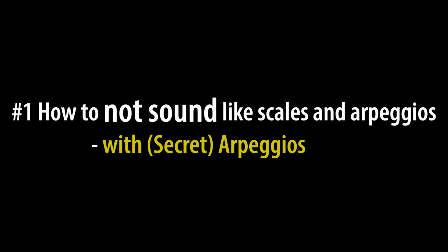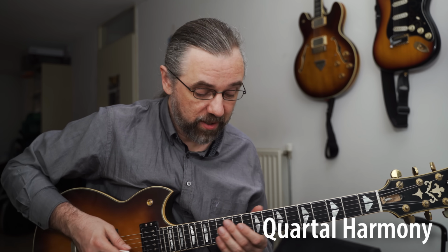Very often solos will sound like you're playing either scales in a stepwise motion or arpeggios in third distance. If that's the case, then you are missing out a lot of interesting and very beautiful intervals. And when it comes to adding larger intervals to your solos, there are a lot of different ways you can do this. You can start using some more interesting interval structures like quartal harmony,